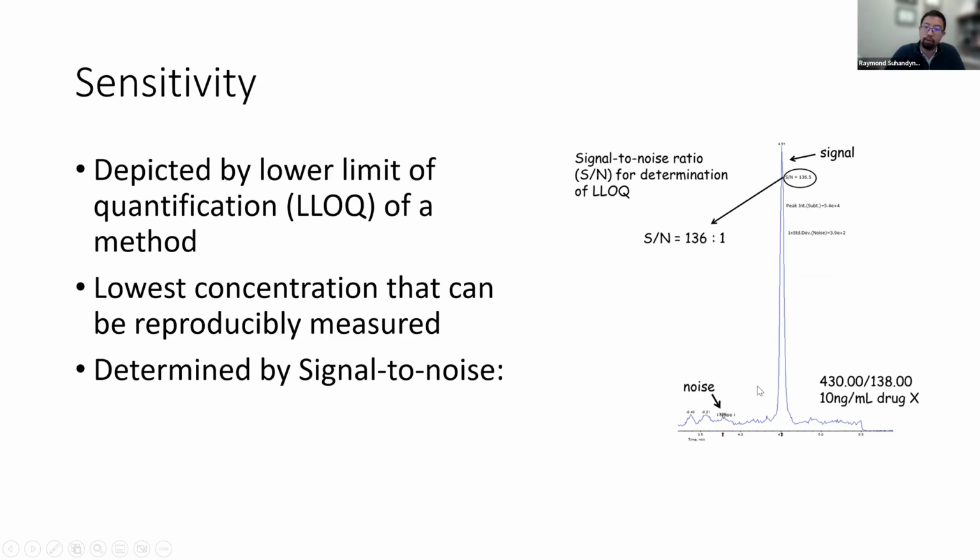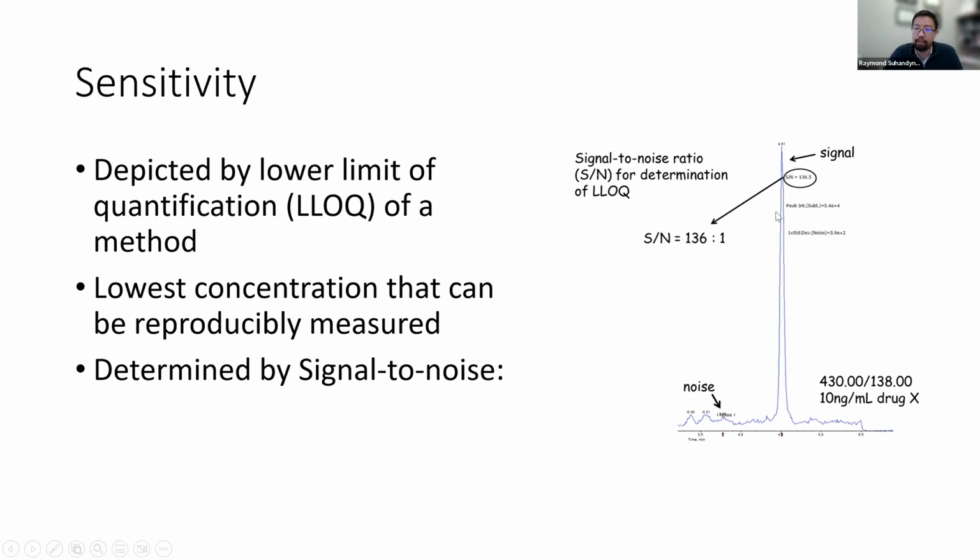It's something that I think gets thrown around, but sometimes it's nice to just explain exactly what we mean. So there's a signal in this case for a drug. And specifically, it's a transition of that drug, the X that we talked about. And we're actually monitoring this 138 m/z ion. And at 10 nanograms per mL of that drug, which is relatively low,